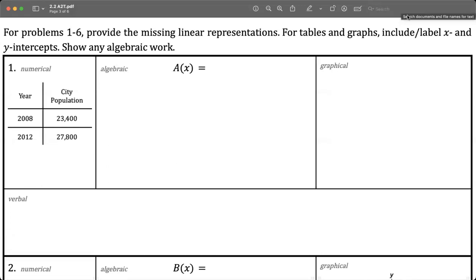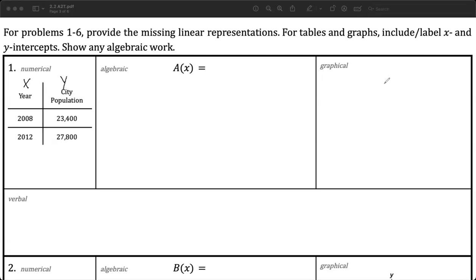My name is Anna Virtual, and today we're going to take a look at a homework assignment that a student brought in that has to do with linear relationships, linear representations, linear functions. So the student was given a numerical piece of information called just a table, kind of like a typical XY table. So here's my X information, here's my Y information. So that when we go ahead and we graph it,